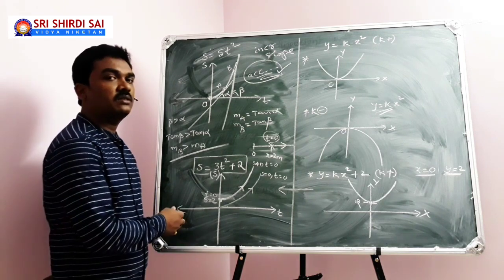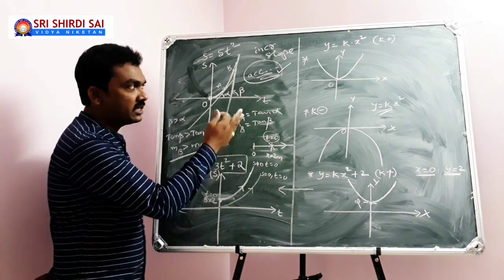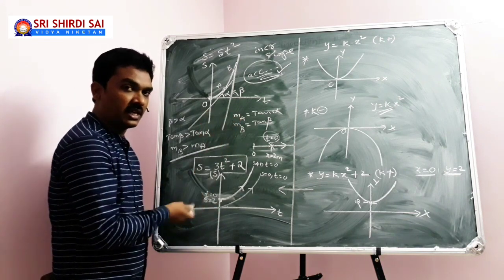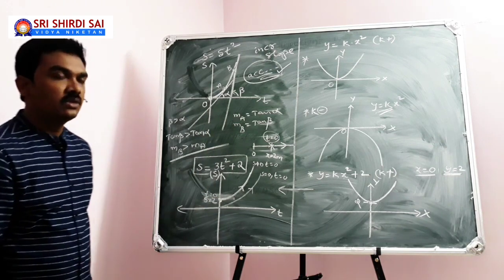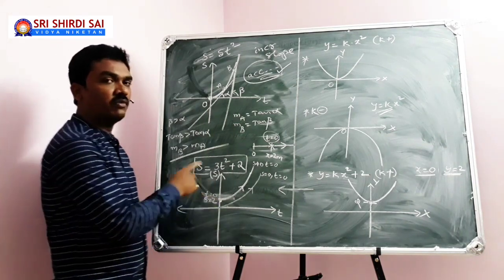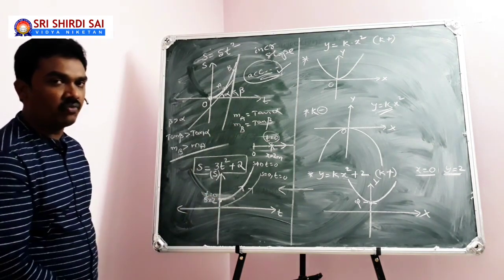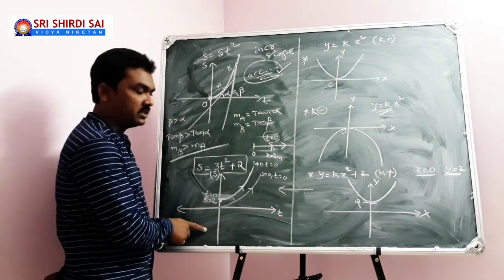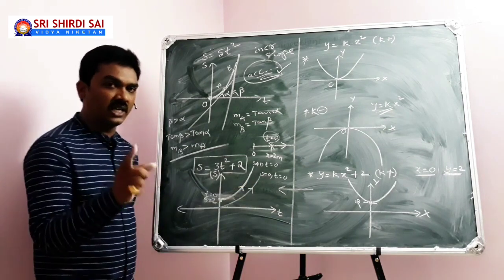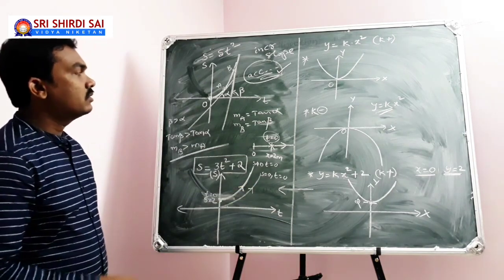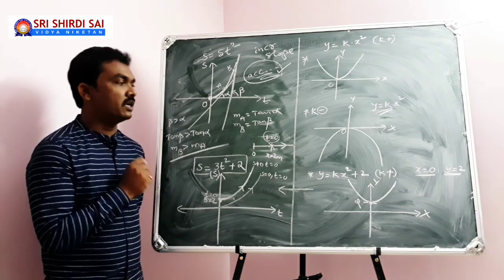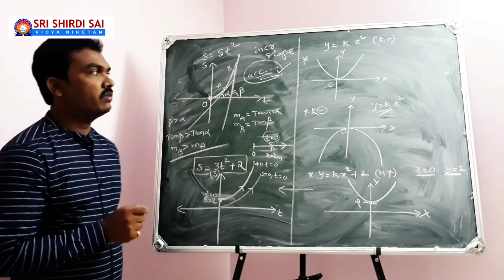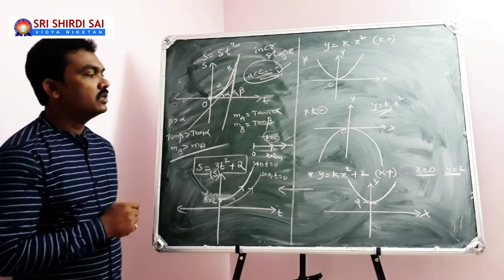And coming to the physics, it will not lie in the second or third quadrant, because here time is on the x-axis and time can never be negative. So when you are talking about the s-t graph or v-t graph or a-t graph, then in the second and third quadrant your graph does not exist, because time can never be negative. So this is all a brief introduction regarding the nature of the graph in which it is a curve. Still we have a little more information to discuss.